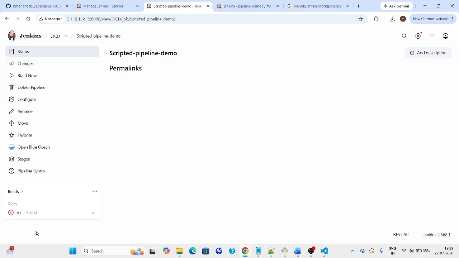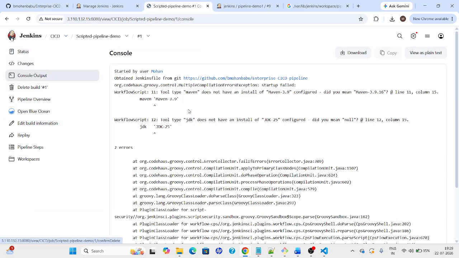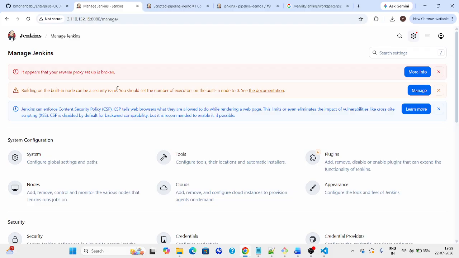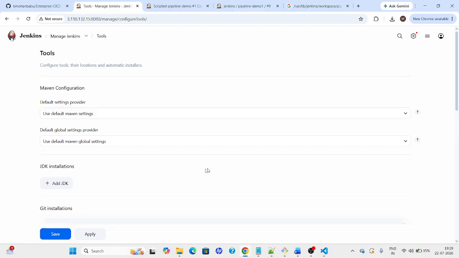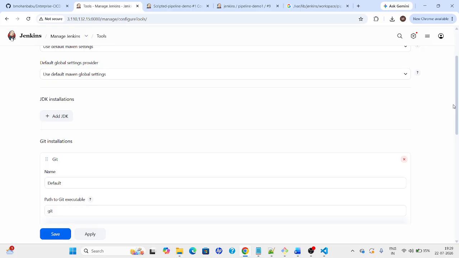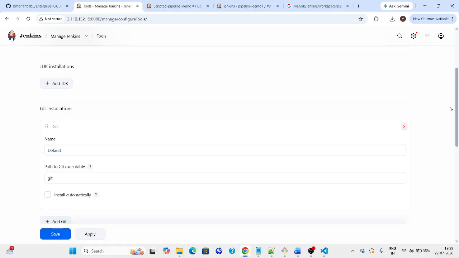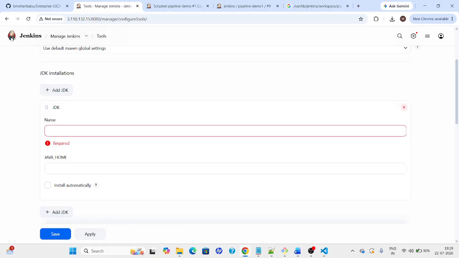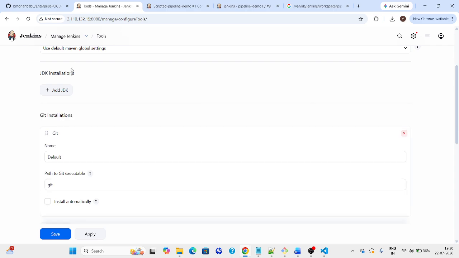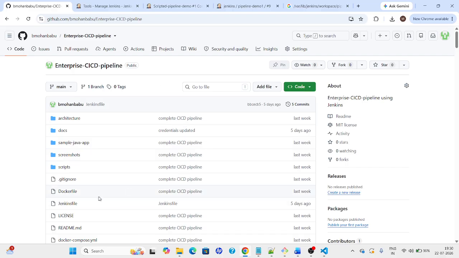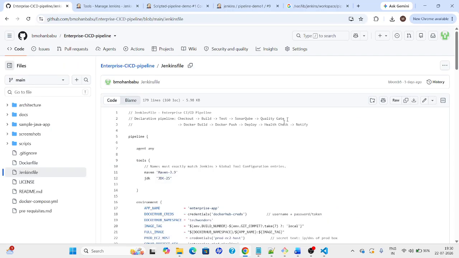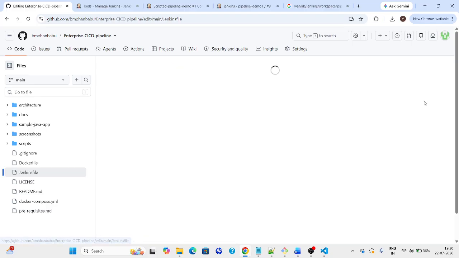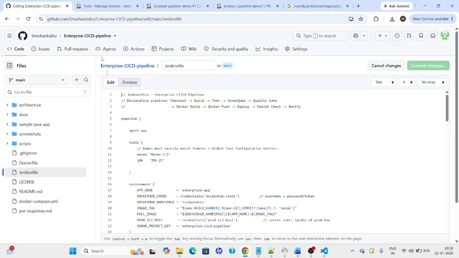whatever stages we have given inside the Jenkinsfile, but it is failing here. JDK 25, Maven 3.9. So what names have I provided? I will take it here. So JDK is not installed. I'll go. We have to update the Jenkinsfile only to make it work because we are using it directly from the GitHub repository. So we have to use 3.9